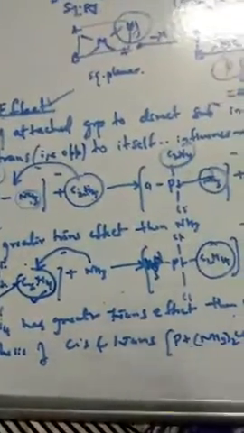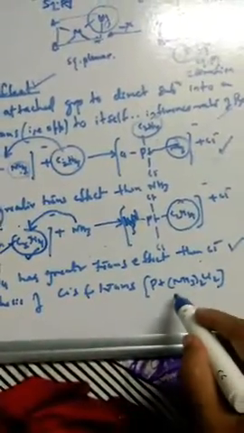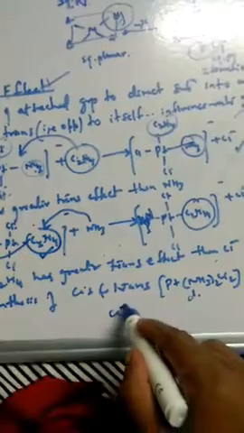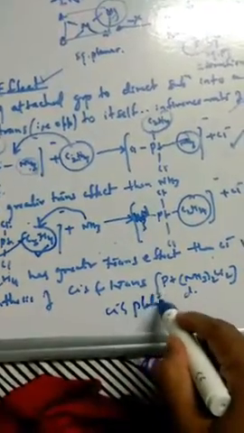So the ability of the attached group to direct the substitution to its opposite side is called the trans effect. Here C2H4 has a greater trans effect than Cl-. This is very much important. As a result of this mechanism, we can synthesize the cis and trans platinum dichlorodiammine complexes. The cis one we call cisplatin, which is used as an anti-cancer drug. So very important.